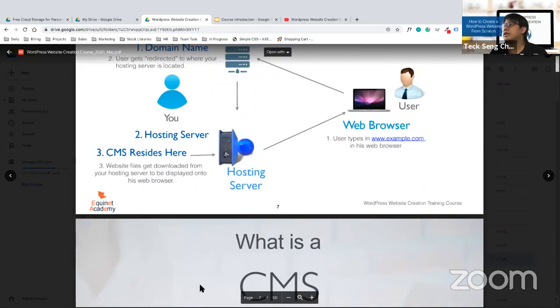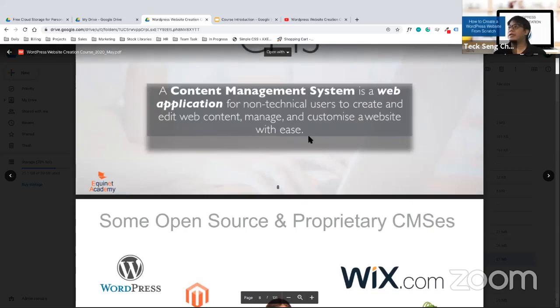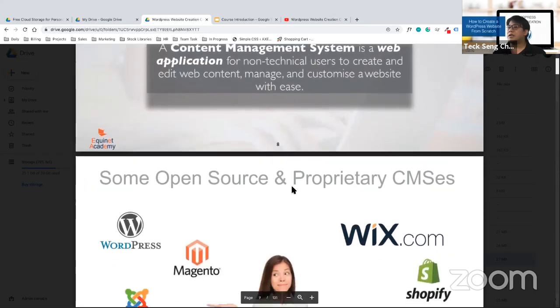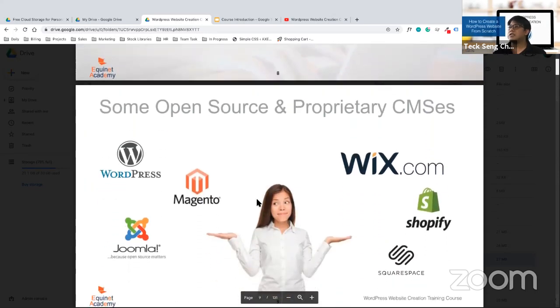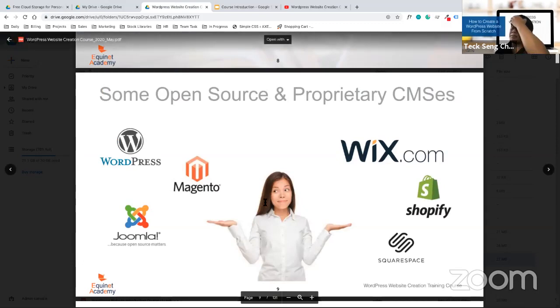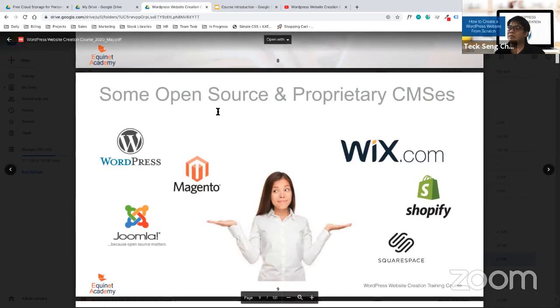So what is CMS? CMS is content management system, a web application for non-technical users to create and edit web content. There are two types of CMS: the open source CMS and the closed source CMS. Open source CMS is free for us to download. Once we download it, we can use it as a CMS and create our website without any cost or license fee for the CMS itself.